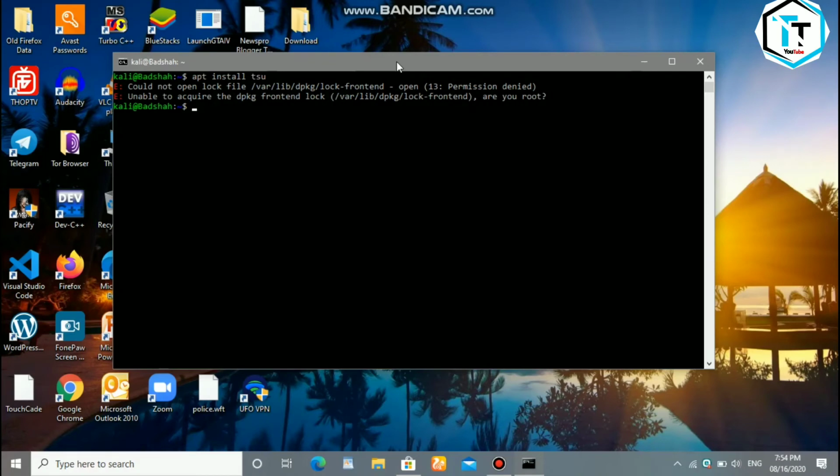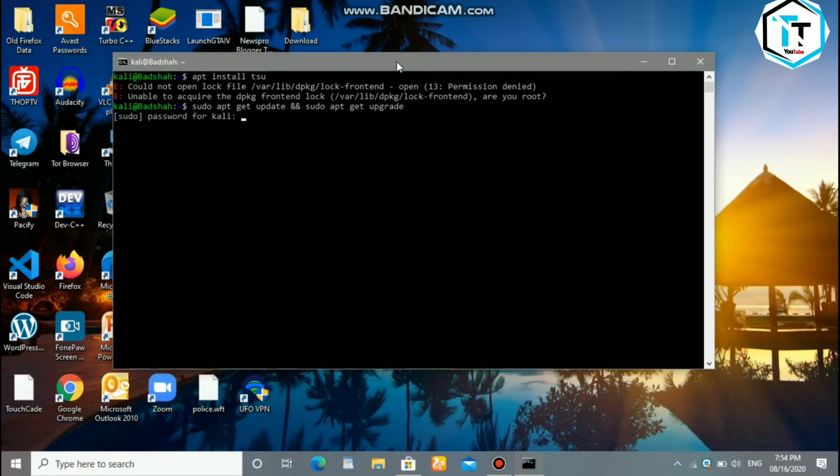I have already installed that, so the requirement is already satisfied on my PC. Then you want to update, so type sudo apt-get update, and then sudo apt-get upgrade.